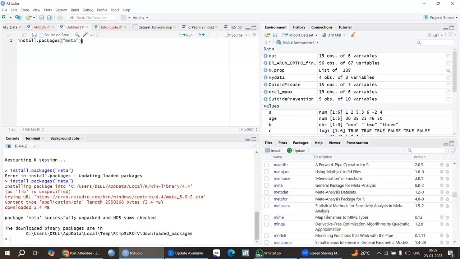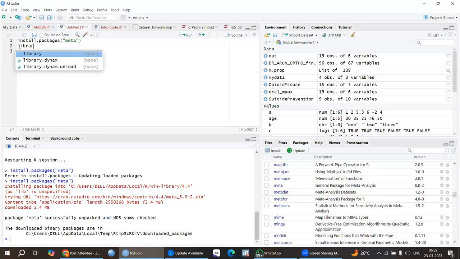So how to load this package? There is another command that we have to write here. We have to click enter, then we have to load or activate this package. We have to give this command: